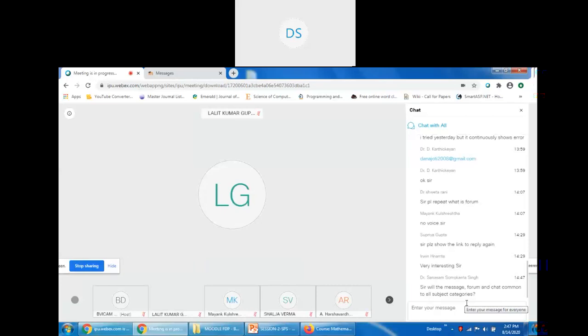If you want to add a forum or a chat in your course page, you need to add these activities explicitly. Automatically, these activities are not there on the course page. These are not for categories, ma'am. These are just for the courses only.